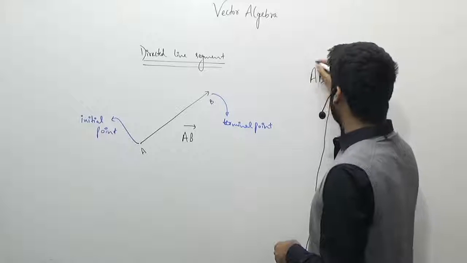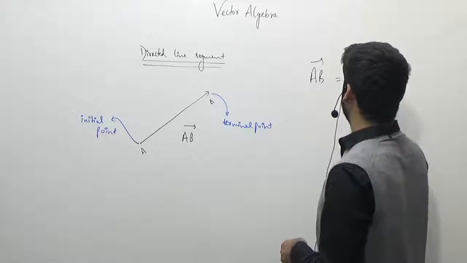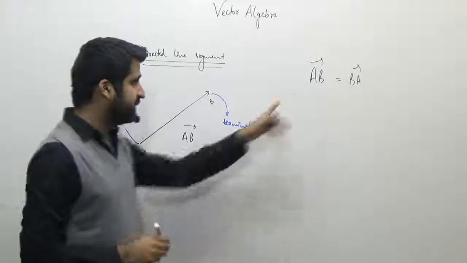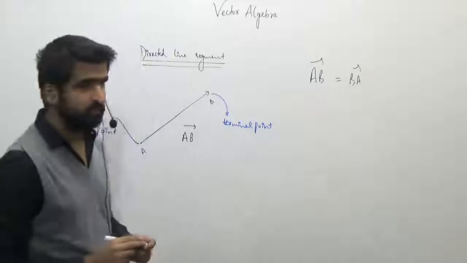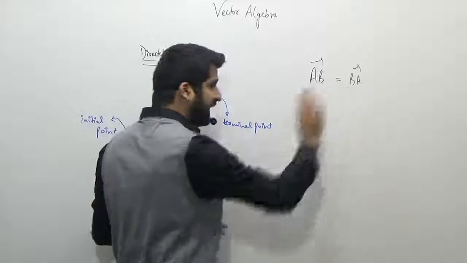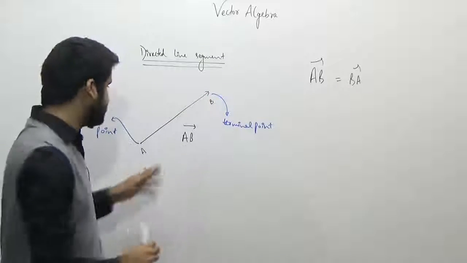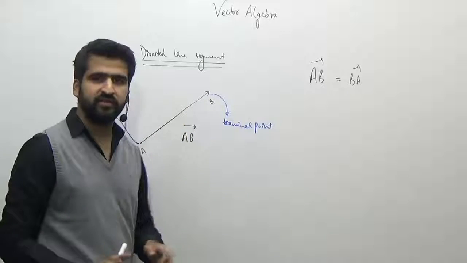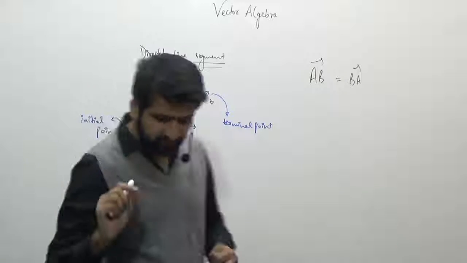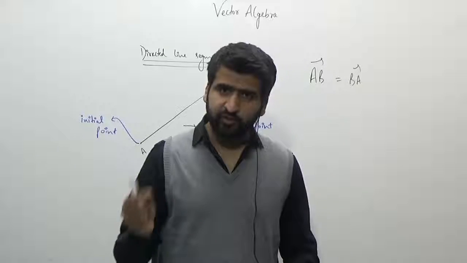Can we say that AB vector is equal to BA vector? Can we say AB vector and BA vector are the same? No, they are not the same. Why? Because I know that the magnitude is the same, the length of this vector is always the same. But the direction is not the same. Right? Now two vectors are only equal if their magnitude and direction both